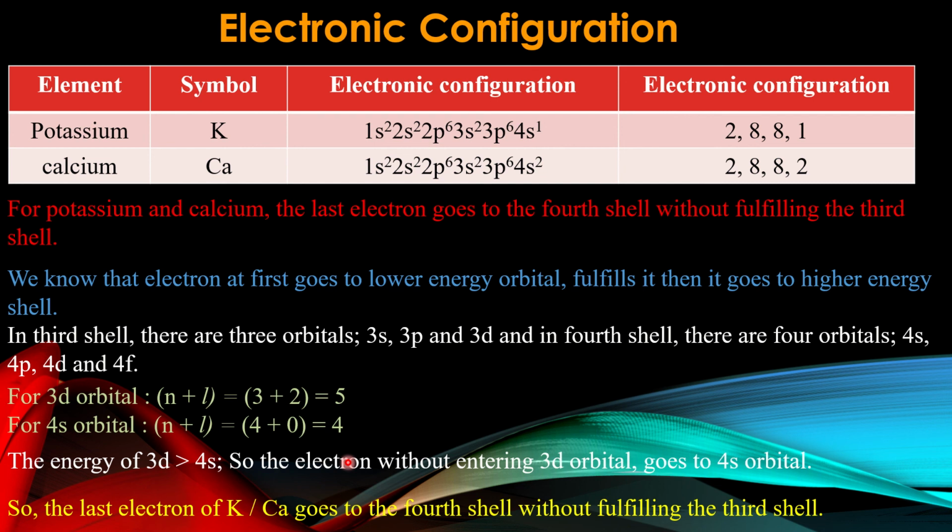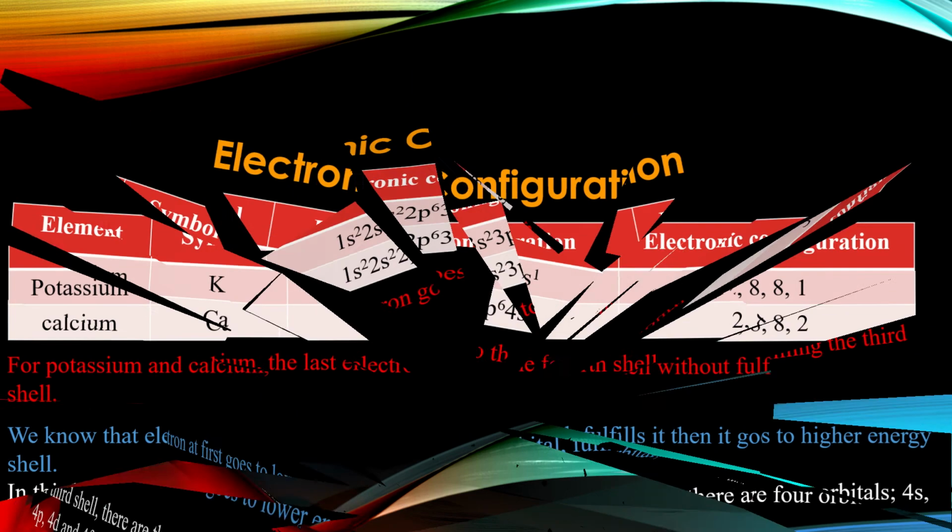Dear students, in the next class we will learn the electronic configuration of some more atoms, and there some exceptions will come. We will learn these in the next class. Today, up to this. You will practice writing the electronic configuration of atoms from 1 to 36. This is your homework. You will practice this in your CW copy.